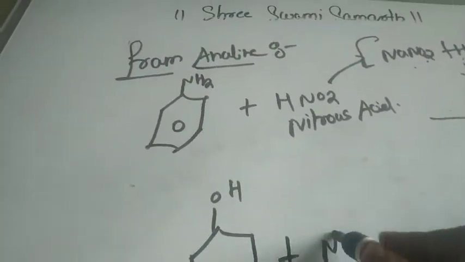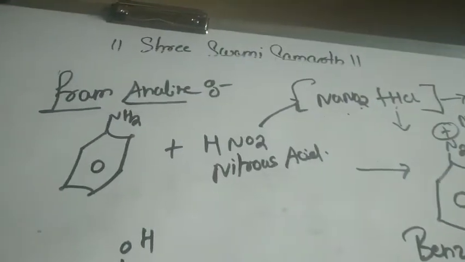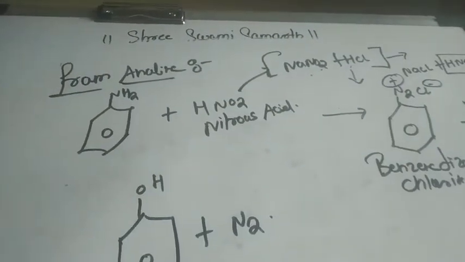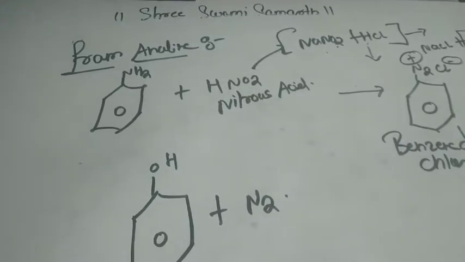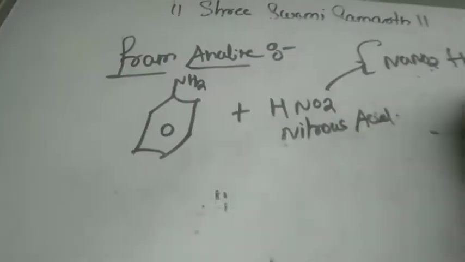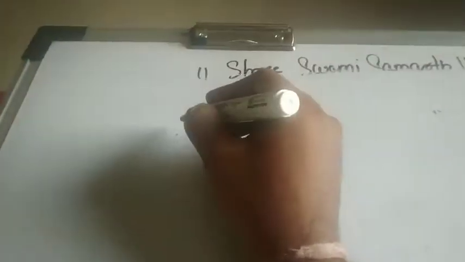बहुत simple reaction है, right? It will get converted into a phenol, right? So this reaction is called the preparation of phenol from aniline. So I hope that you have understood all the four methods for the preparation of phenol. Okay, there is one more method which is not mentioned in your textbook. That is method number 5 by using the Grignard reagent.